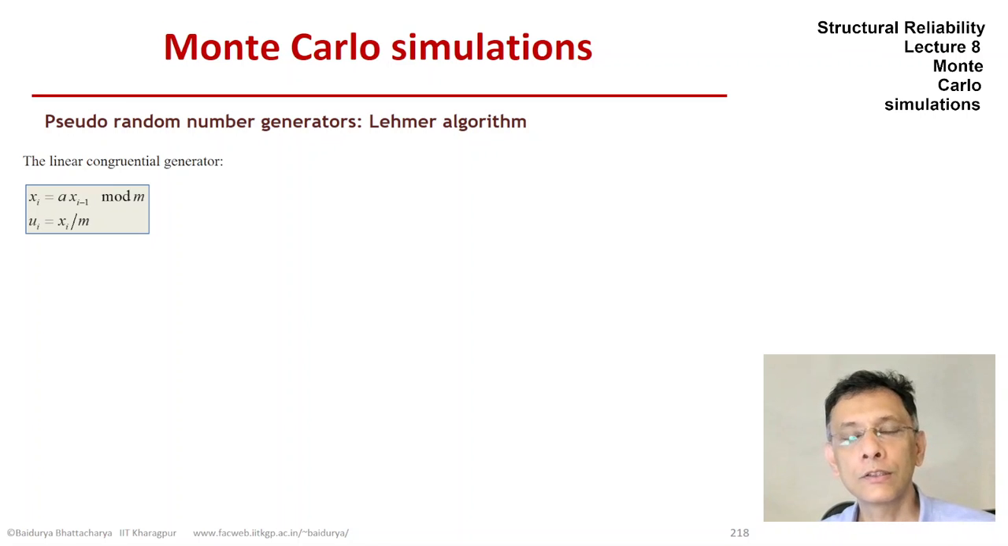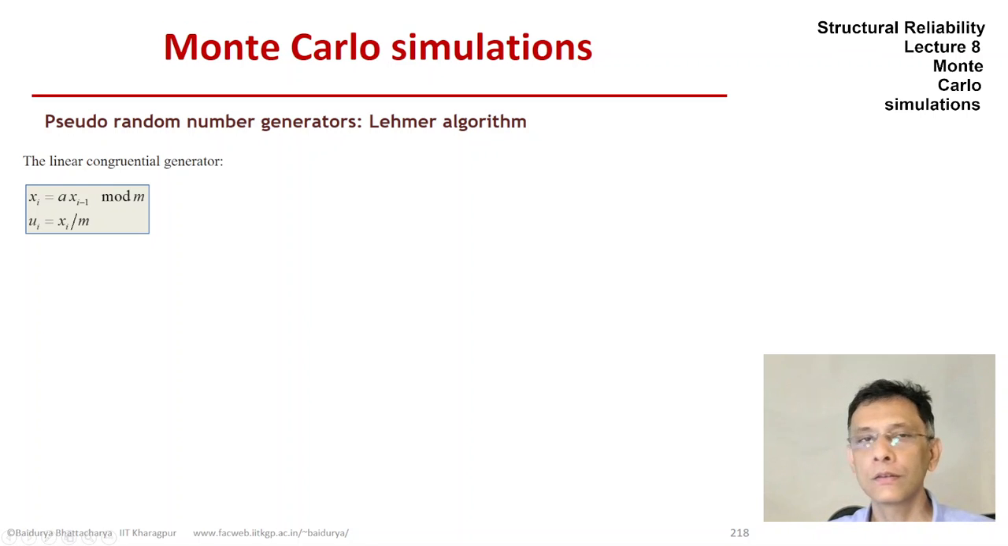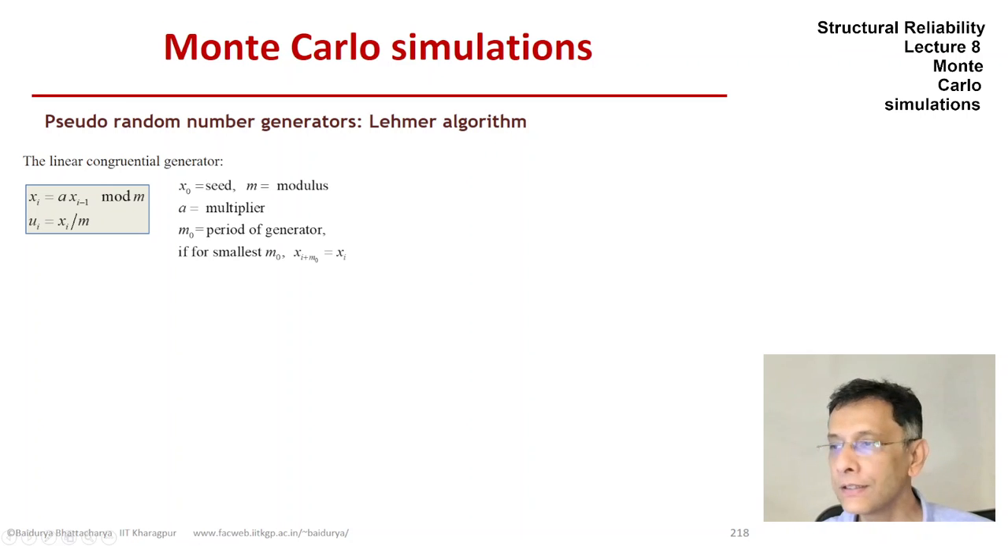We conclude the topic of random number generation with a look at the Lehmer algorithm, the linear congruential generator. It's what you see on the screen. It starts with a seed and then recursively generates the next number in the sequence with modular arithmetic, m being the modulus, a being the multiplier, and the number xi is normalized by m to obtain the uniform deviate. M0 is the period of the generator, and